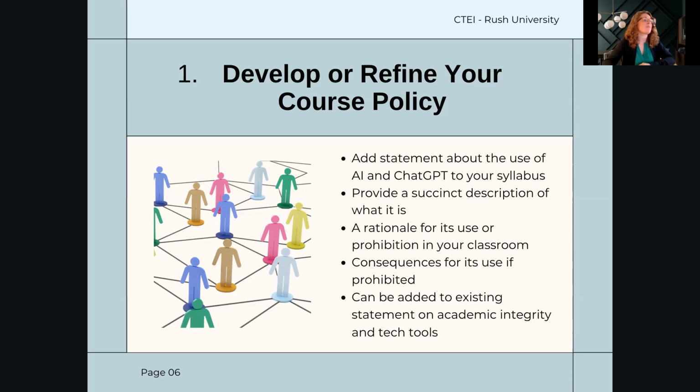So it's likely you already have a policy in your syllabus around academic integrity and the use of external technology tools. I would recommend considering adding a statement to these existing policies about the use of AI tools like ChatGPT. If this policy is inherited and mandated by your program or college, suggest that it be edited to include AI. And I do know that Rush is currently working on a policy, which is forthcoming. But there are already lots of good examples out there to help you as you write this. And we've provided some references,